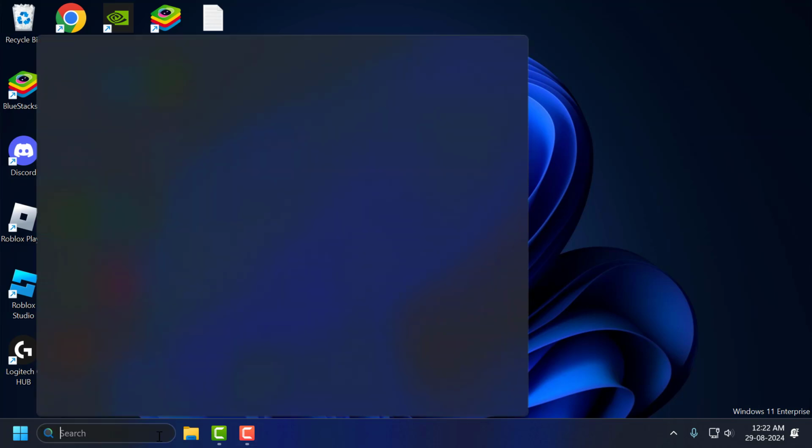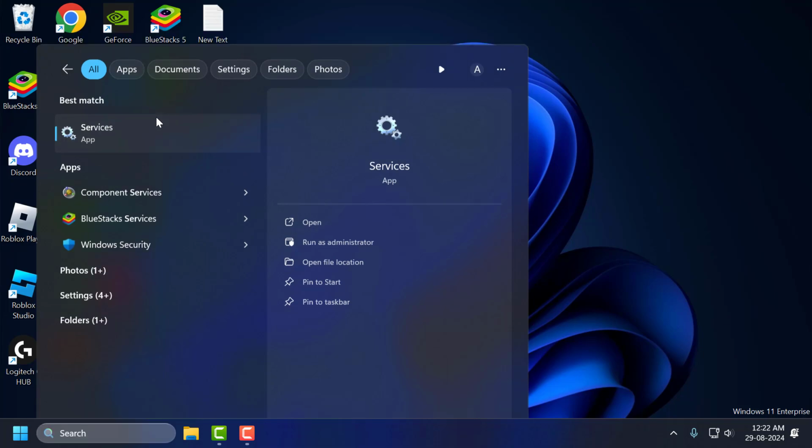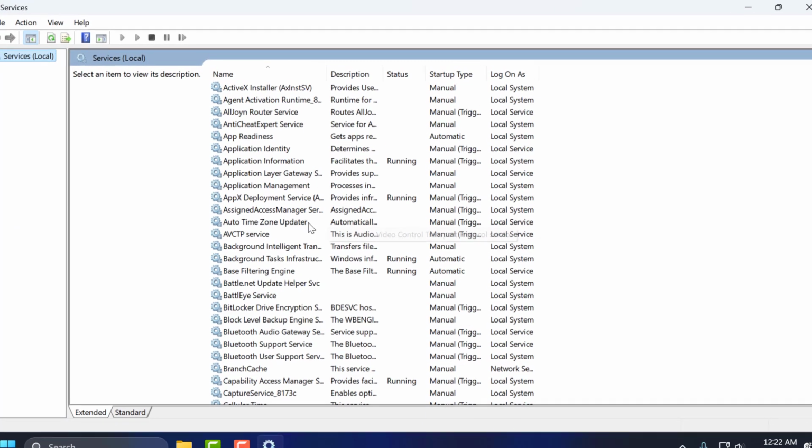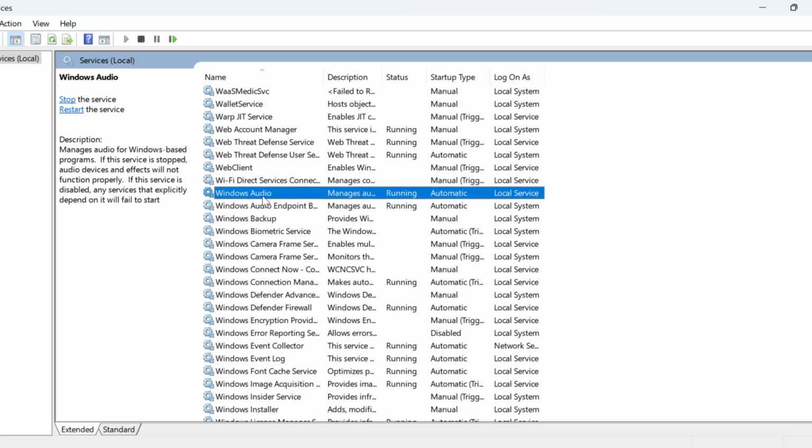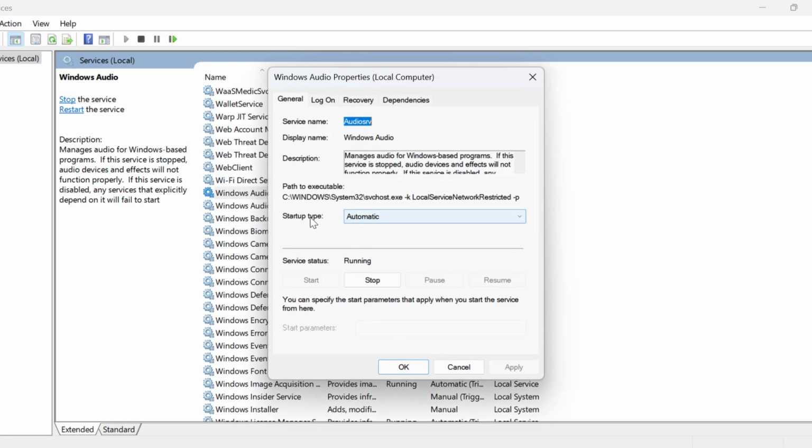Next solution, you just need to go to search menu and type services, click on open it. In services, you just need to search for Windows Audio Service, double click on it. Startup type set to automatic. And if the service status is stopped, then you just need to start it and then select apply and OK